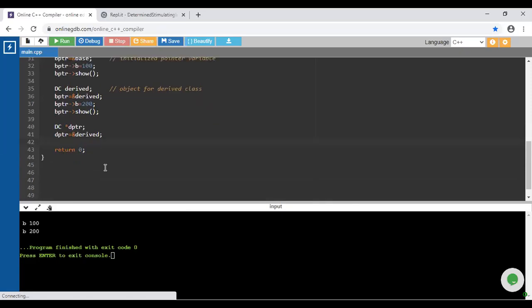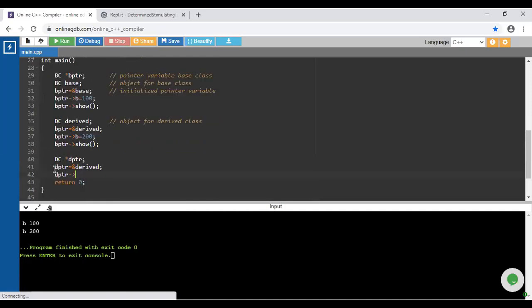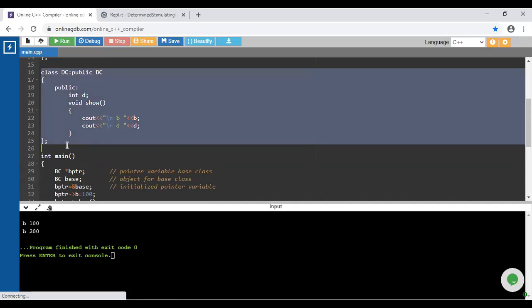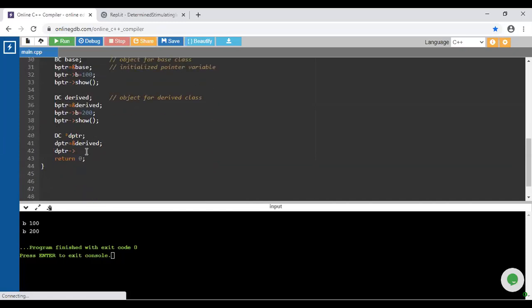Now, look at this: we have created the pointer variable for the derived class and initialize it with the address of the object of the derived class itself. With the derived pointer, we directly call the derived class.